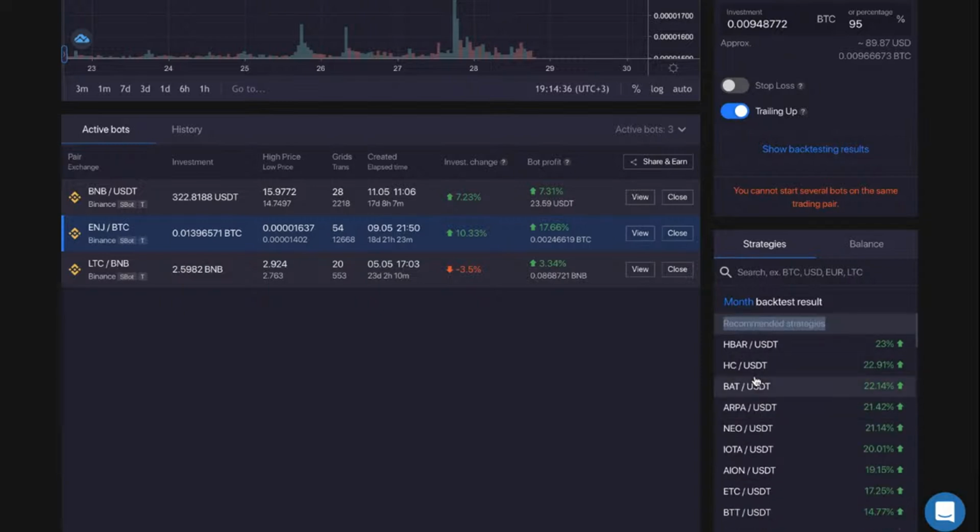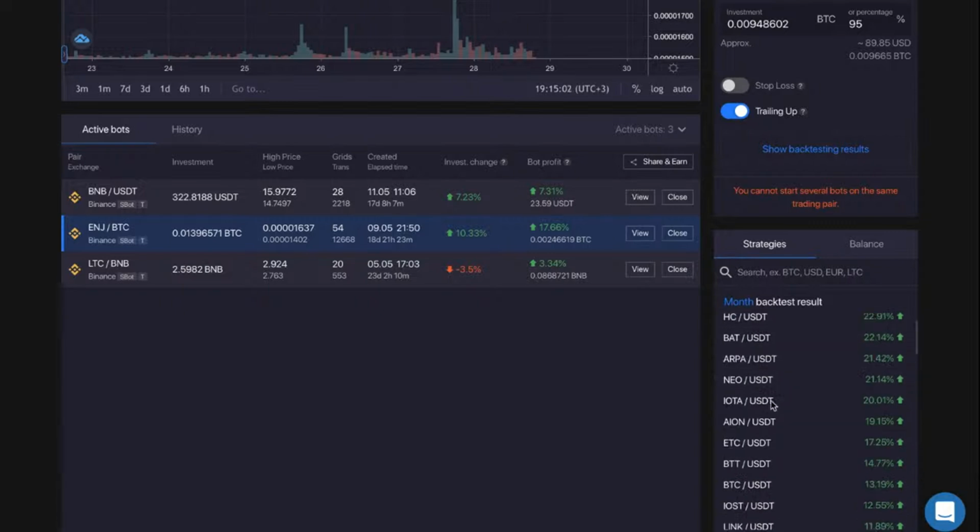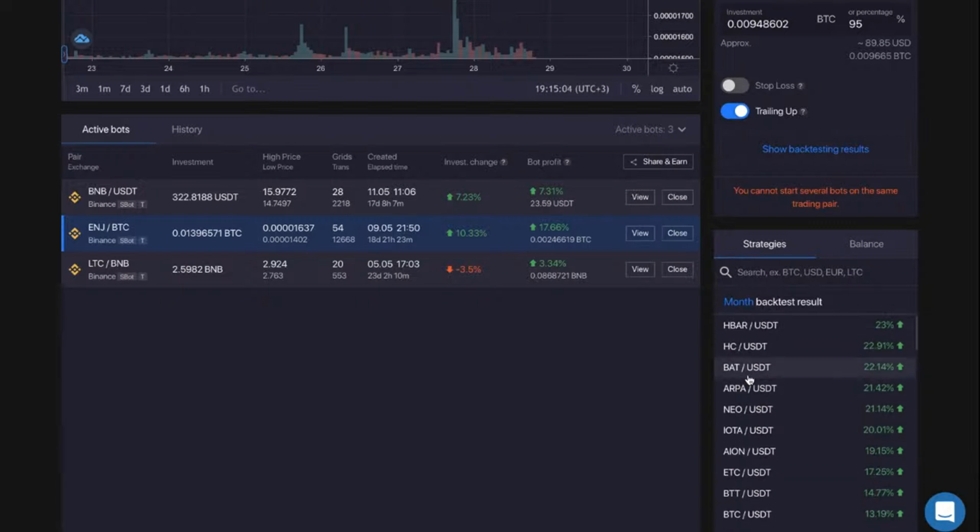It identifies the most prominent cryptocurrencies at that time in terms of return and risk ratio. In this case it uses backtest results from the last month, and based on these historic prices, it has revealed some of the cryptocurrency pairs that you can